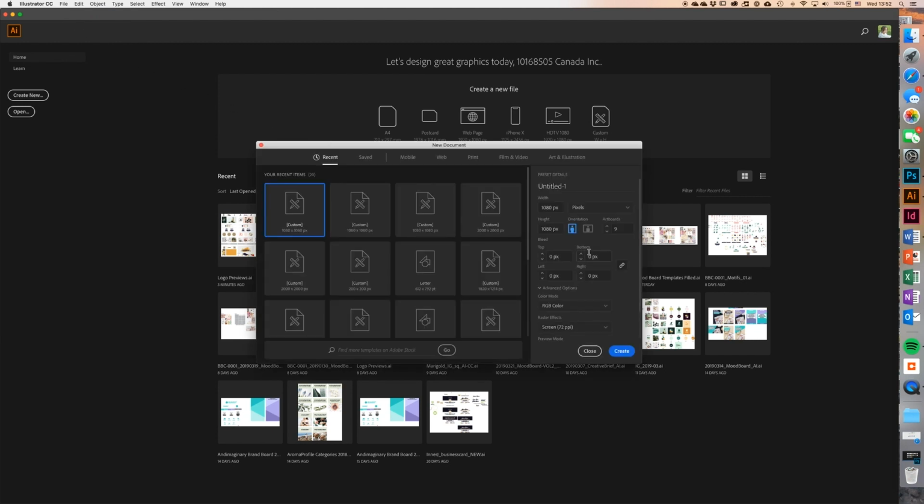You can decide how you set up your document. Because I usually share my mood boards on Instagram, I like to set it up for the Instagram preferences. So 1080 pixels wide and 1080 pixels high. And also because I don't plan to print these mood boards, I leave it at RGB color mode and 72